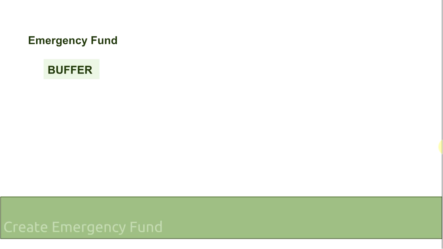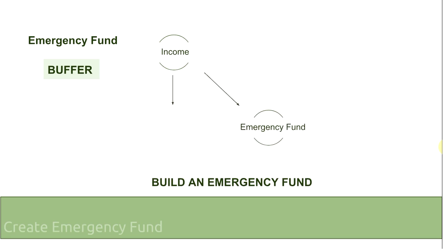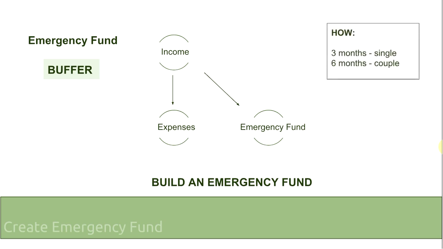Alright? So, ito yung paano ka ba mag-build ng emergency fund. Again, income, we need to save para meron tayong emergency fund. So, we have a formula na gagamitin natin doon. It's called paying ourselves first. So, part of our income, before natin babayaran yung mga expenses, we really need to set aside for emergency fund. Okay? So, ito yung recommended. Kapag single, 3 months worth of expenses. Okay? And then, kapag couple naman, married, so meron tayong 6 months worth of our expenses.